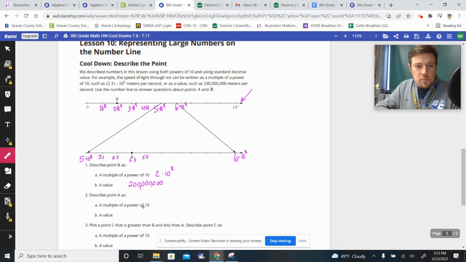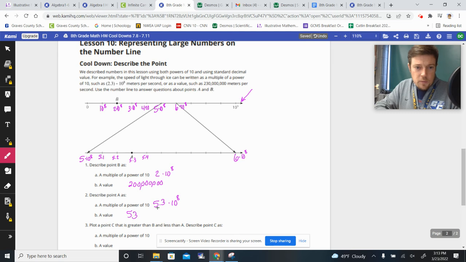Describe point A as a multiple of a power of 10. Well, we just talked about it. This is 5.3 times 10 to the 8th, where A is. So this would be 5.3 times 10 to the 8th power. And its value would be